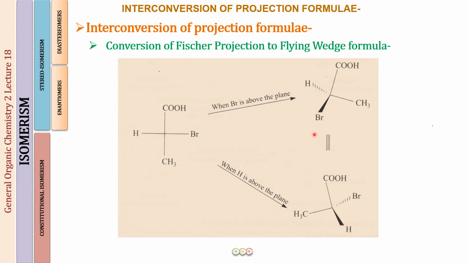Now once you have done that, you remember that now the groups are opening over here, on which side? Well, this is my left side. So whatever is on the left side of the Fischer projection, keep it on the dash, and the other group take onto the right side. Okay, so bromine comes on the wedge. Similarly over here, now my vertical line, the groups are on the right side. So when they are on the right side, you will be keeping the group bromine, which is on the right side, on the dash, and hydrogen, which is on the opposite, with the solid wedge. So this is how you will be converting a Fischer projection into a flying wedge formula.